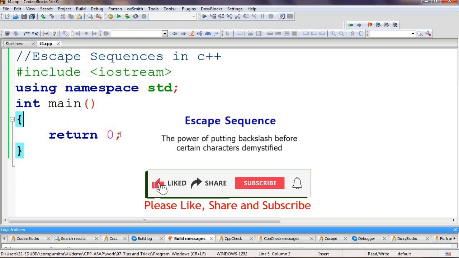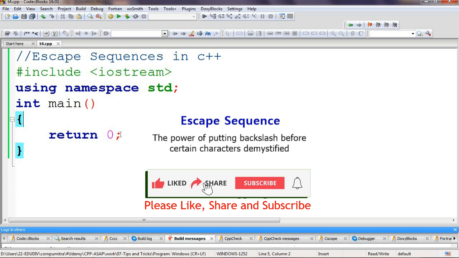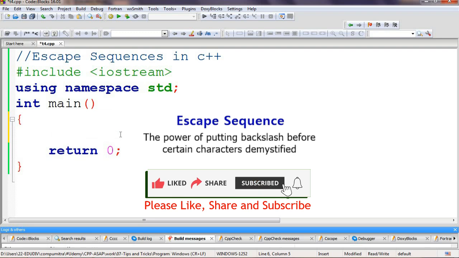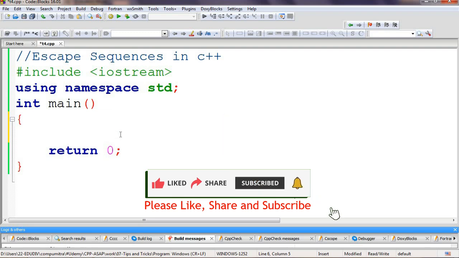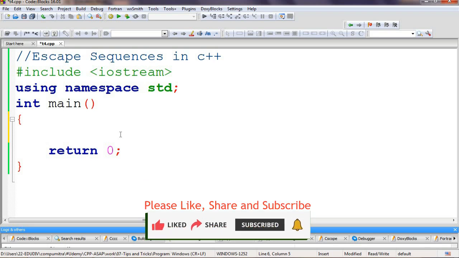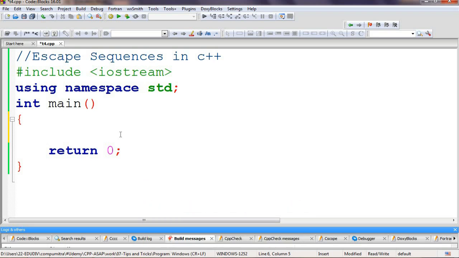Friends, I floated a mail to my students for what they want to learn in C++. One of my students wanted to understand this concept of escape sequences clearly. So I thought, let me give you a tip section on this. Actually, this is fairly simple, but unless you understand it in a good sense, then only it makes sense for you. I am writing a